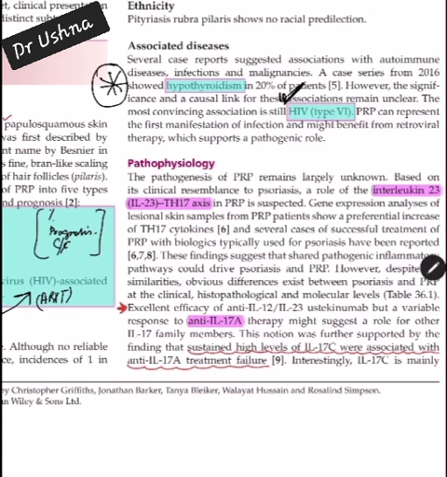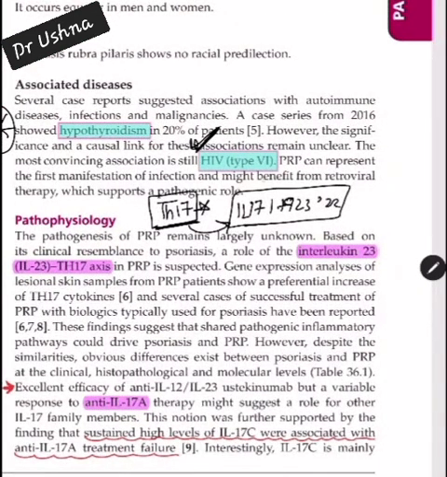For the pathophysiology, you should learn it by heart. From the treatment point of view, pathophysiology is very important. When you are familiar with the pathophysiology, you can straightforwardly pick the MCQs related to treatment. So PRP is basically a Th17 mediated pathway. Just remember this, that PRP is a Th17 mediated pathway. Whenever there is a Th17 mediated pathway, the interleukins involved are interleukin 17, interleukin 23, and interleukin 22. So these are 3 important interleukins of the Th17 pathway. So it is understood that in the treatment of PRP, there is going to be a response with secukinumab, which is an interleukin 17 inhibitor.